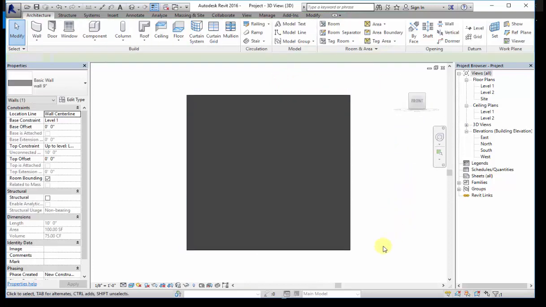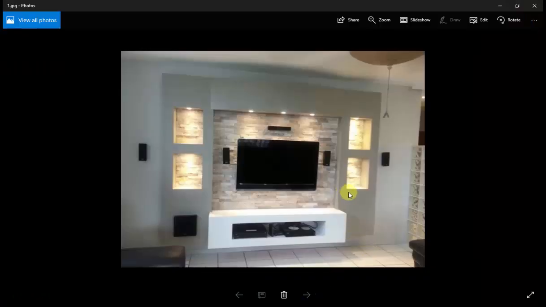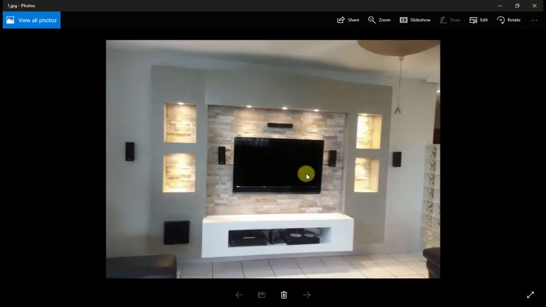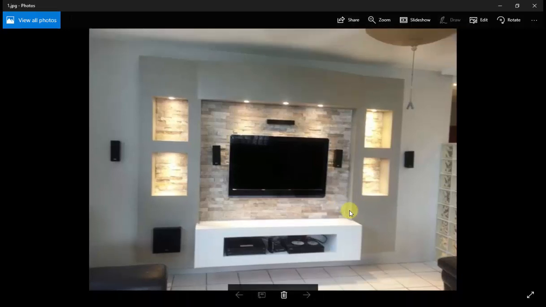Edit profile is nothing but, here you don't have a special option for edit profile. Using walls itself you are going to design the wall unit. Except the main wall, consider this as one wall and this as one more wall. How many walls am I going to use for my edit profile mode? Except the main wall, I am going to use 2 walls, one for this design and one for this one. Why? Because the thickness of this wall and the thickness of this wall are different, so I am going to use 2 types of walls.